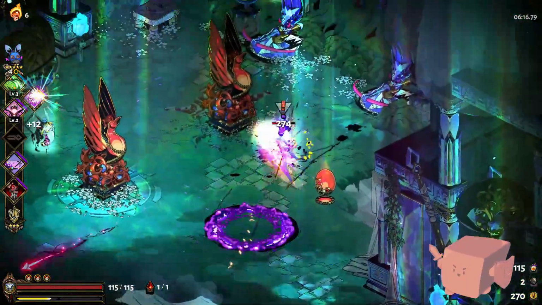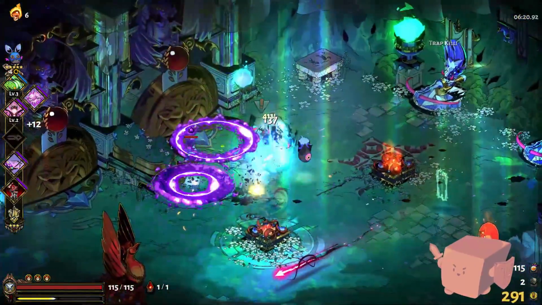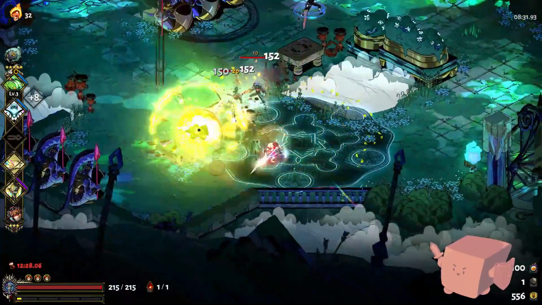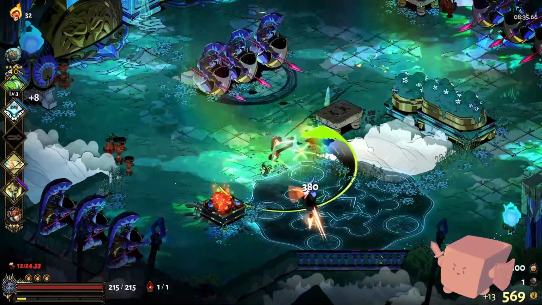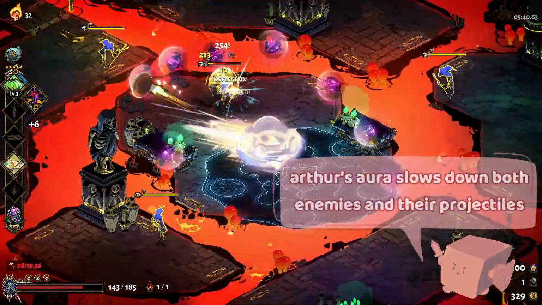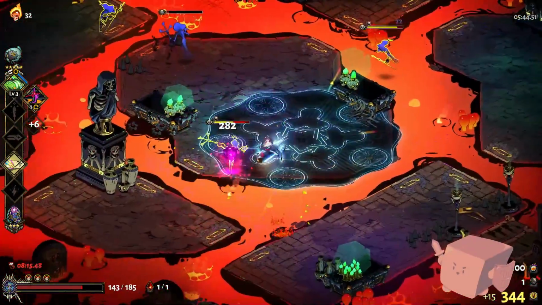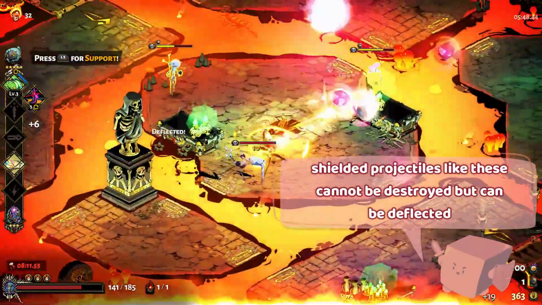For example, when targeting single enemies, it will almost always be better to dash strike. For targeting a group of enemies that are clumped up, it may be better to use the full attack sequence to take them all out at the same time. If you're going to use the full attack sequence, lay down your special aura to slow down enemies and their projectiles. Note that your attack and special can destroy most enemy projectiles, so don't be afraid to start swinging at